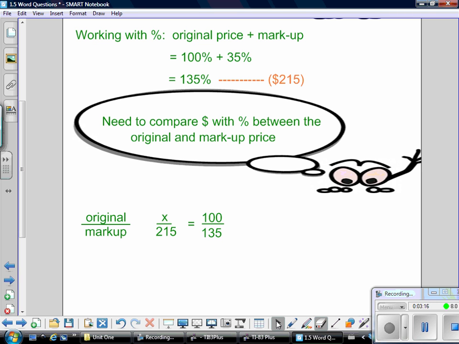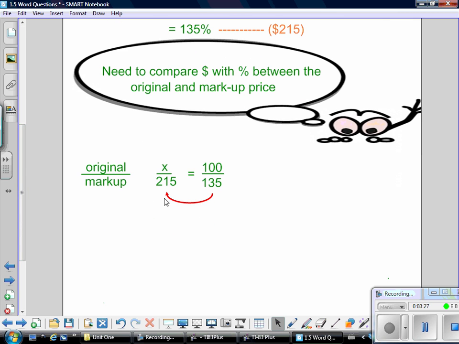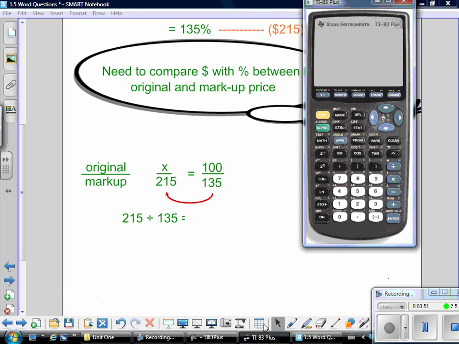So this time, the same kind of idea: I need to know what do I multiply 135 by to get 215. Notice the little arrow here, so I'm going this direction. What do I multiply 135 by to get 215? I have no idea, so I'm going to take the 215 and divide it by 135 in order to figure out the number. I would pull up my calculator and actually calculate it. So 215 divided by 135